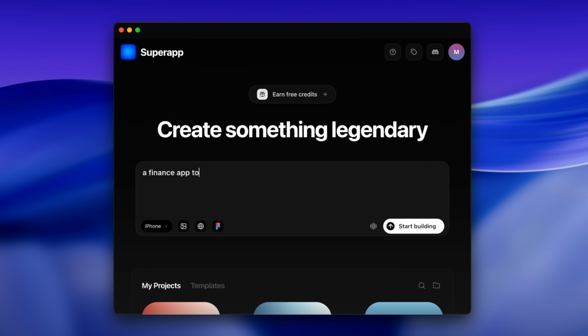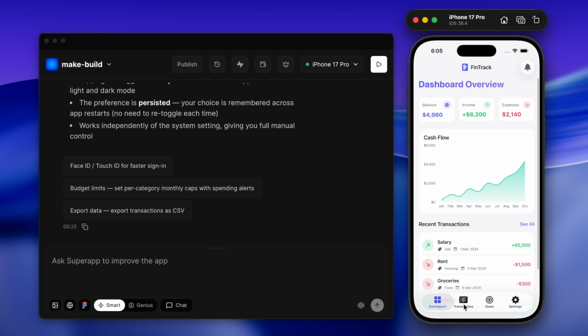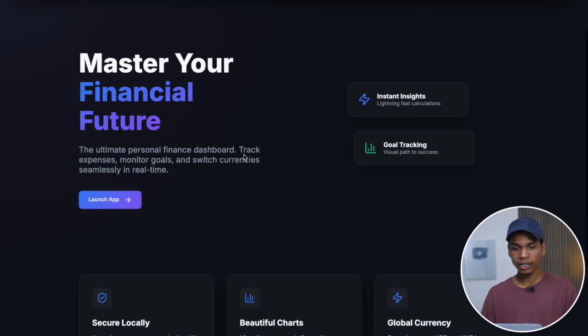You have to just type the prompt describing what type of app you want to build, what features it should have, and Superapp will build your app within a few seconds. And now I am going to show you the complete workflow of building a mobile app. So let's get started. So this is a website I have built around personal finance to track income and expenses,